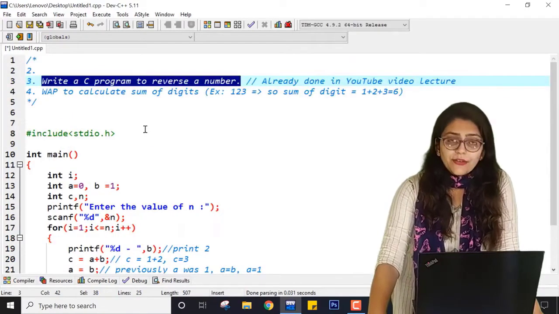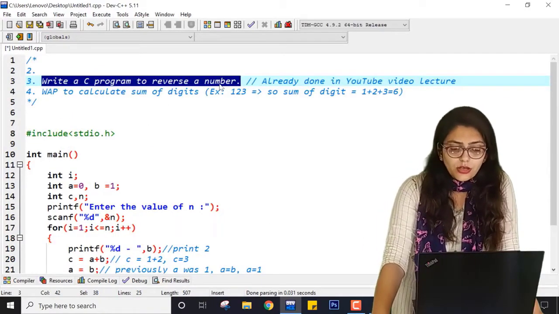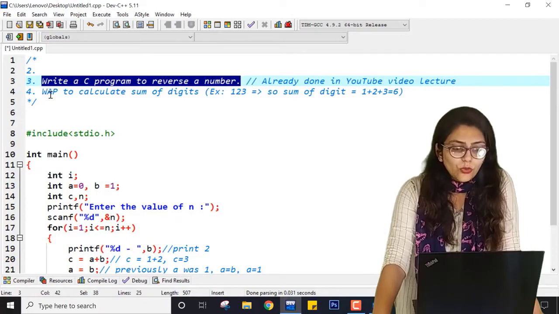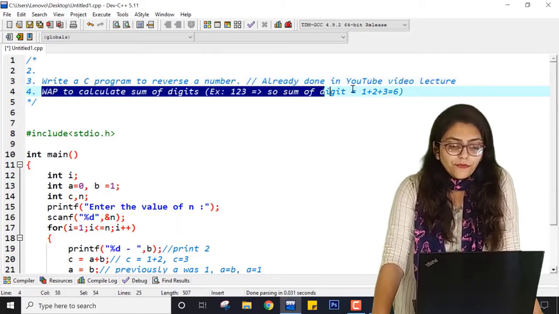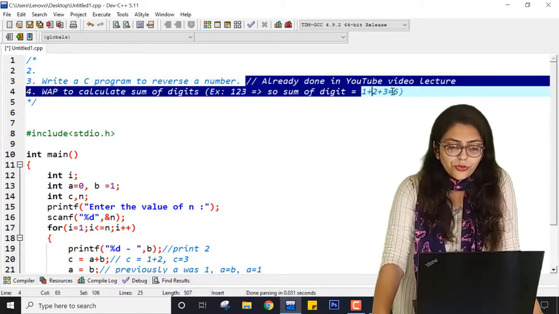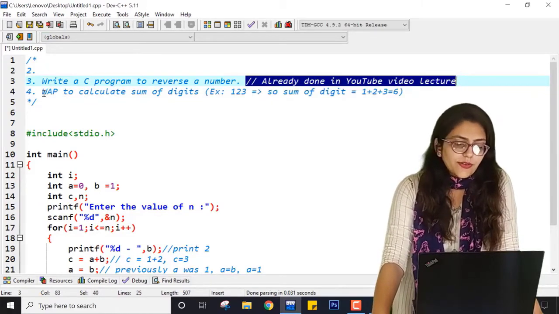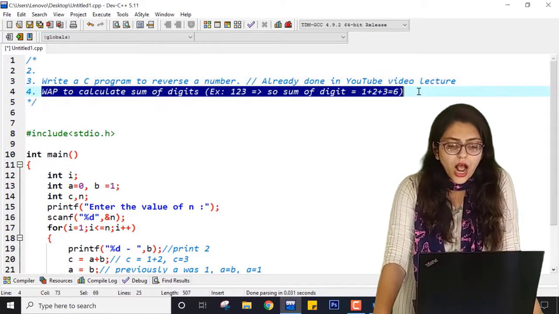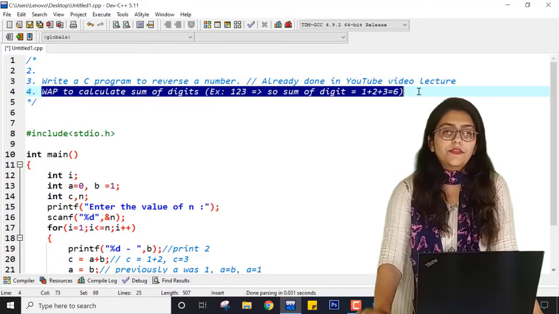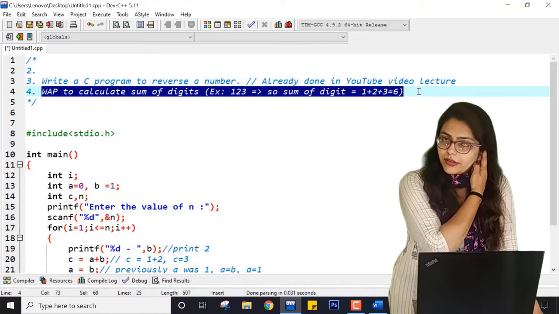So let me write this entire program of reversing a number, and then I will tell you how you can perform the fourth practical based on the logic used in the third practical. So I am not going to explain the third practical in this video, but I am going to show you how you can implement the fourth practical if you have correctly implemented the third practical.